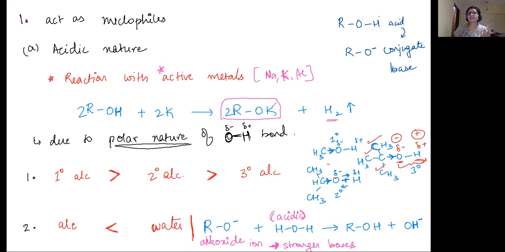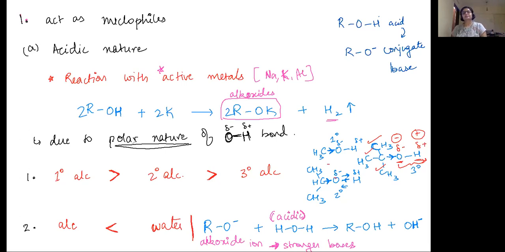Like if this is potassium, right? If you react ethanol with it, you get potassium ethoxide. If ethanol reacts with sodium, you get sodium ethoxide. If methanol reacts, you get methoxide. So basically this class of compounds is called alkoxides. You can think of it as a mixture of the words alkyl and oxide.